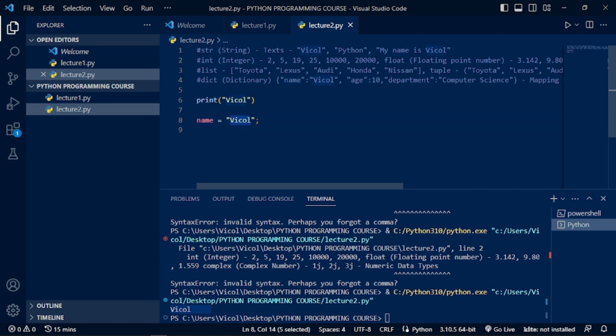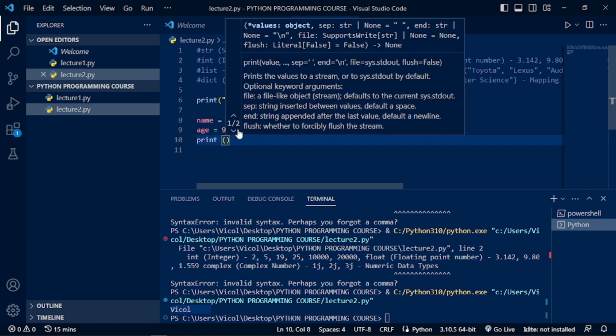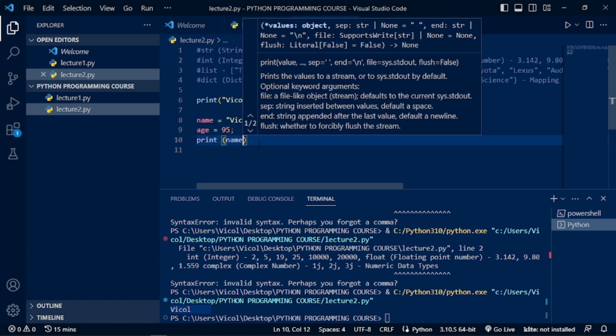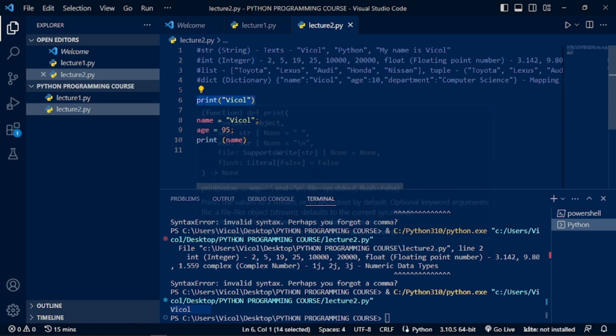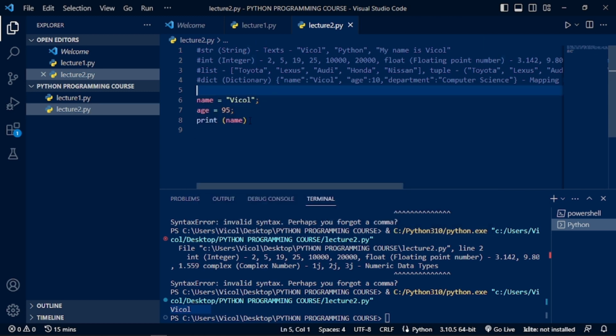So that's basically the idea behind variables. I'm saying I have a variable called name, and it's going to be storing the value Vicol. If I also have a variable called age, and I say equal to 95, then I'm creating a temporary storage, which is age, and the value is going to be 95, so that I can come down now to my program and say it should print name. So me telling my program now to print name on line 8,